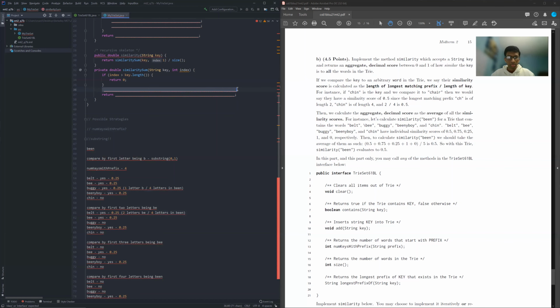So actually what I can do is break this apart into 2 steps. The first is I want to find the matches at every level. So what I'm going to do is use num keys with prefix, and to demonstrate how we're going to build up what we're checking by this comparison, we're going to do key and use that dot substring method. And we're going to go from 0 up to index. This way, we're checking 0 to 1, then we check 0 to 2, right? Then we check 0 to 3, then we check 0